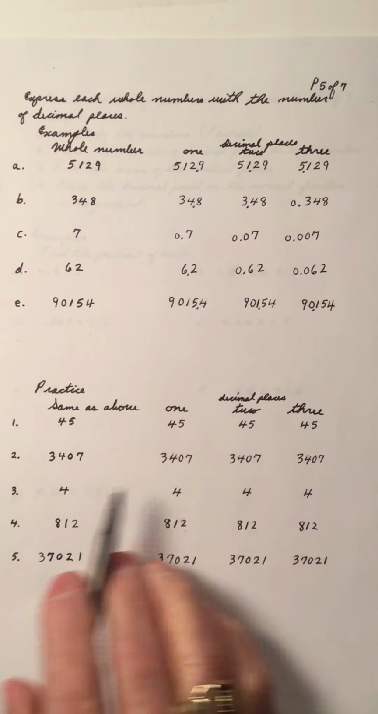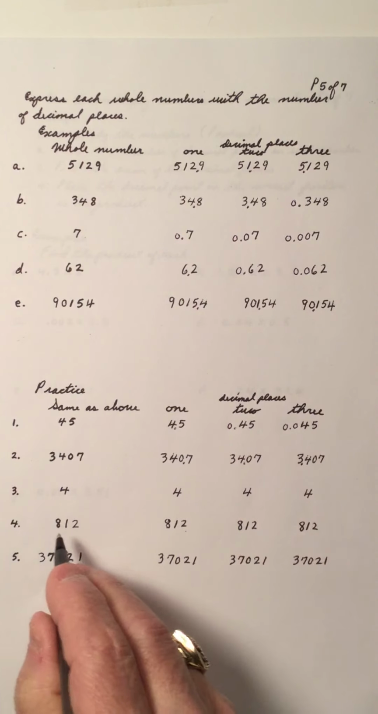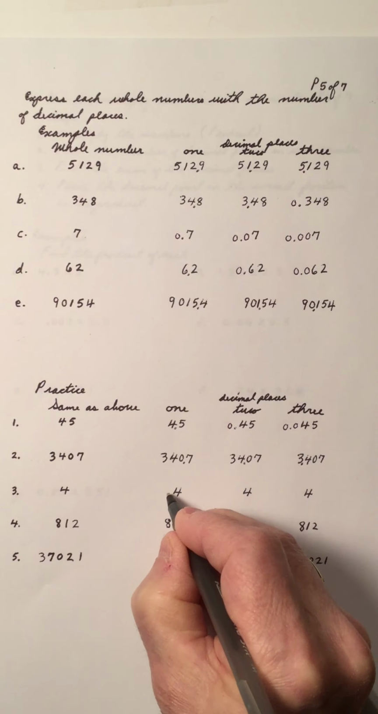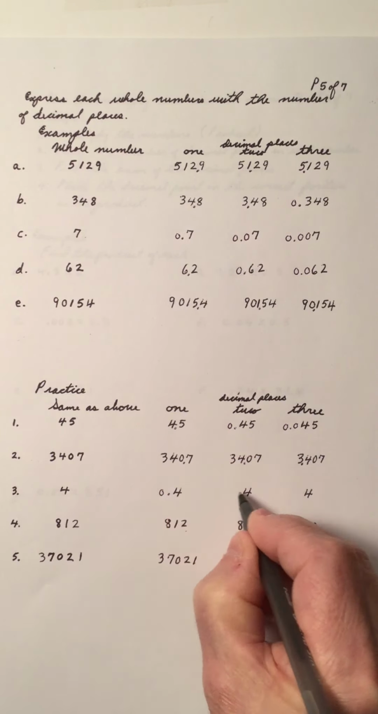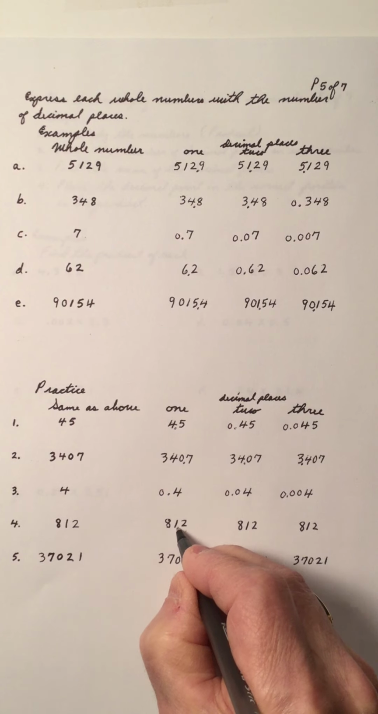Practice these, pause your video, work them out, come back and get the answer. 1 decimal place, 4.5, 0.45. And 1 decimal place, 0.7, 4.07, 3.407. 4, 1 decimal place, 0.4. 2 decimal places, 0.04. 3 decimal places, 0.004. 1 decimal place for 812 would be 81.2,